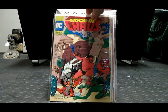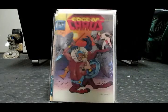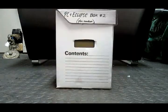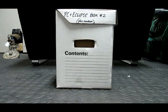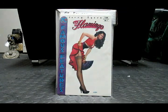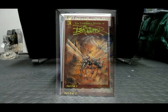Edge of Chaos. I've got number 2 and number 3 with some glorious boobage on the cover. What do we got here? PC, Jerry Iger's Flamingo. The Unknown Worlds of Frank Brunner, number 2 of...